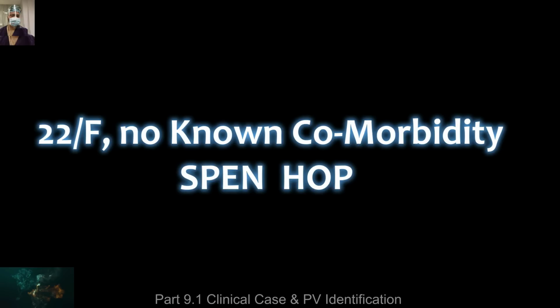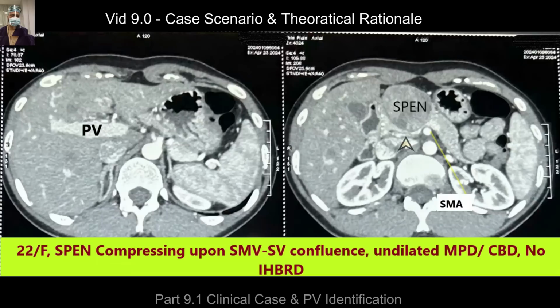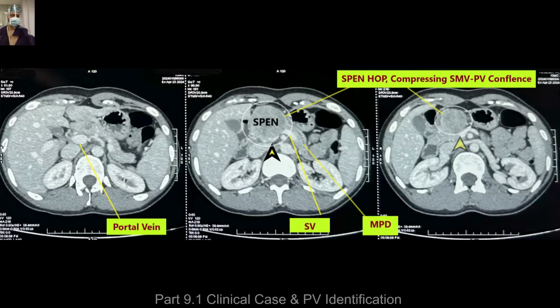So this 22-year-old girl had a large mass, SPEN, solid pseudopapillary epithelial neoplasm in the head of pancreas. And these are the axial images in the portal venous phase, and the tumor, SPEN, the portal vein, the splenic vein have been marked. So why we are sharing these pics here, that you understand that this large tumor, which